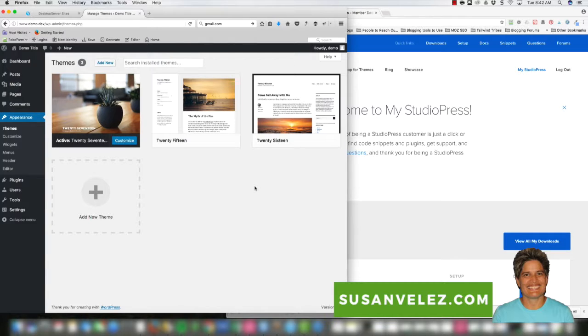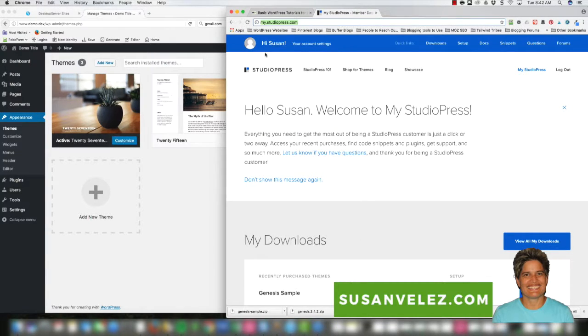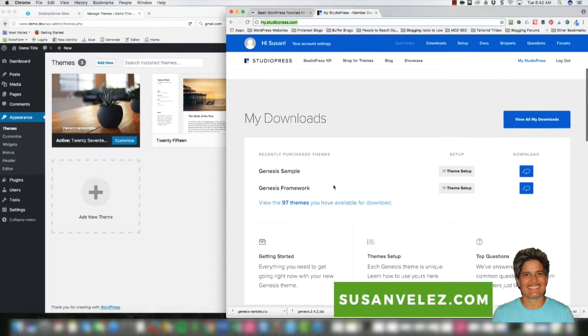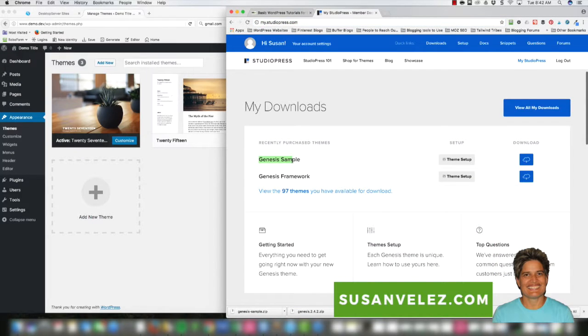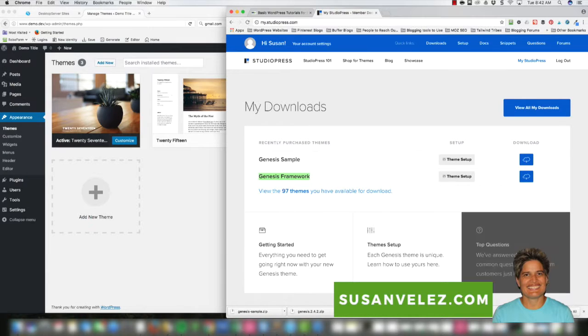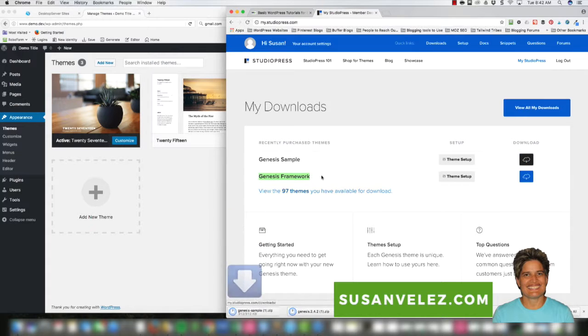of your choice. So I'm going to log into my Genesis framework membership site right here. You can see I'm inside of my studiopress.com site. And what we're going to do is install the Genesis sample theme, and then we're going to install the Genesis framework, which is required in order to use one of the child themes. So we're just going to download the framework, and we're going to download the Genesis sample. You can see right here they're downloaded, and I've put them on my desktop to make it easy